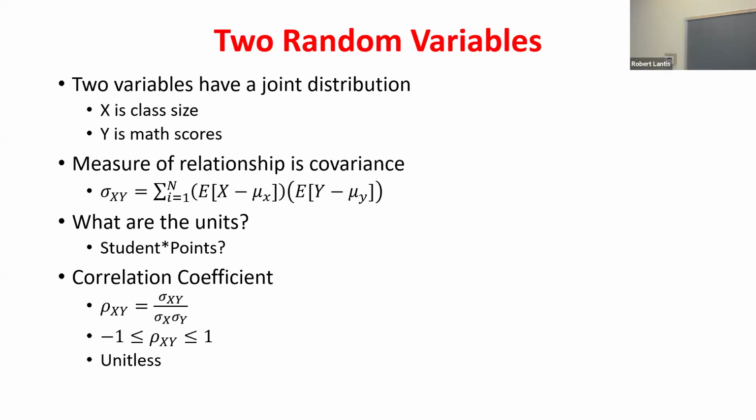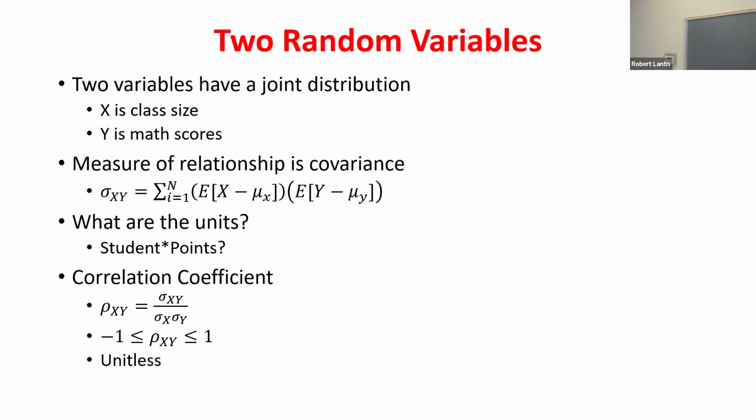Okay. So the range could be negative, could be positive. Positive would tell us that these two variables tend to be on the same side of the mean, on average, across every observation in our data set. Negative, they tend to be on opposite sides of the mean, across every observation in our data set.